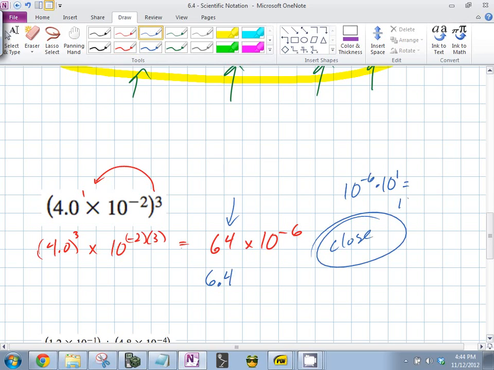So what we did there is we made 64 10 times smaller, but we made 10 to the negative 6 10 times bigger. So we have the same thing. This is in scientific notation right there. Moving on,